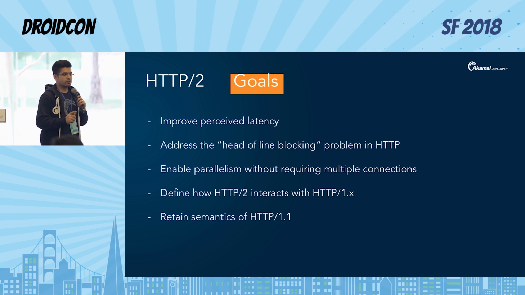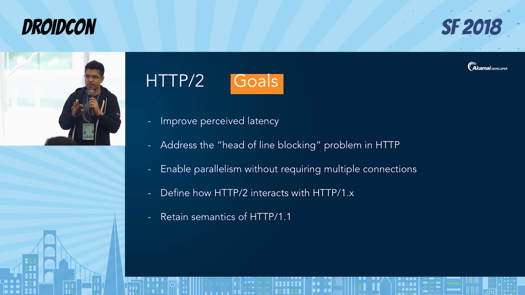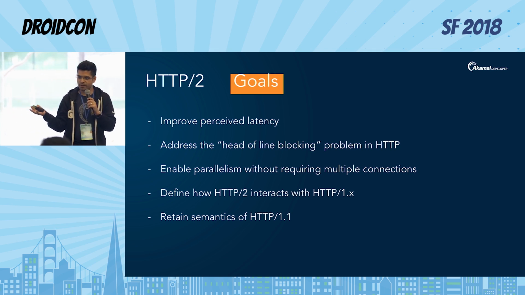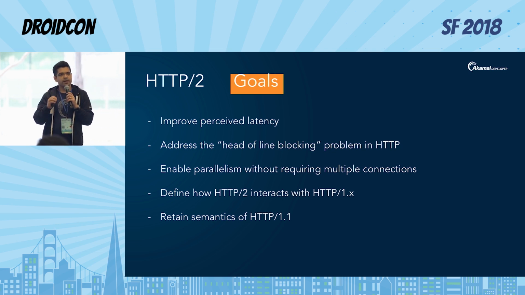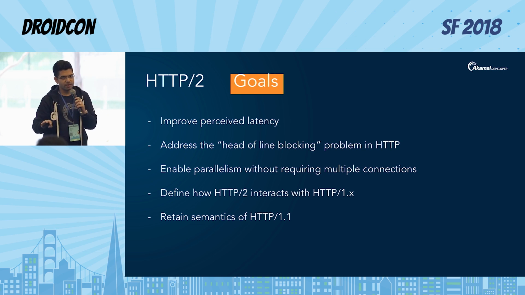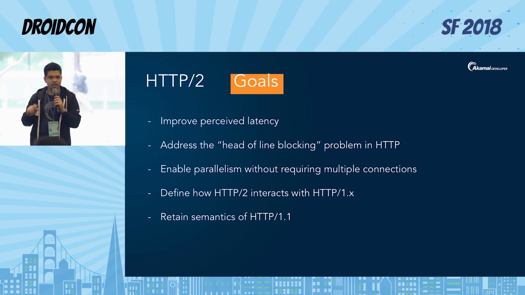HTTP2 also wants to enable parallelism without creating multiple connections. So a bit of context here. When you talk about clients, there can be web browsers and there can be mobile apps. On mobile apps, we typically use an HTTP stack like OkHttp. OkHttp typically puts a queue of requests. If you have multiple requests going on, it puts all of them in a queue and does a sequential request of